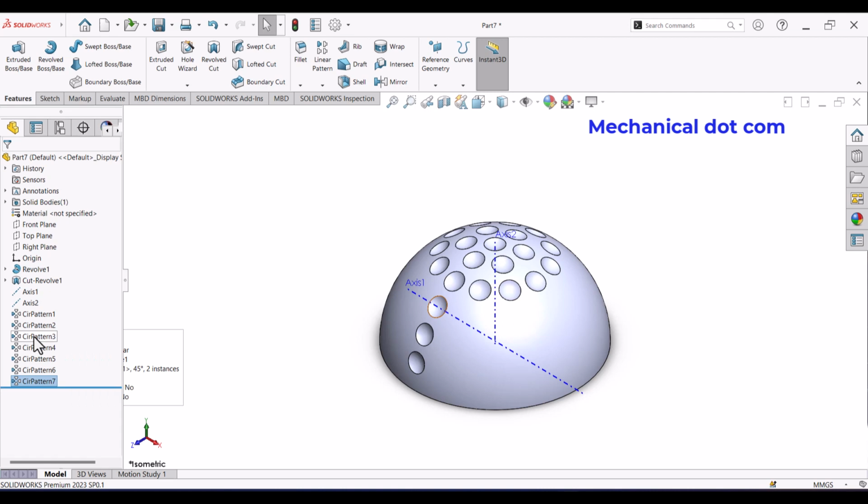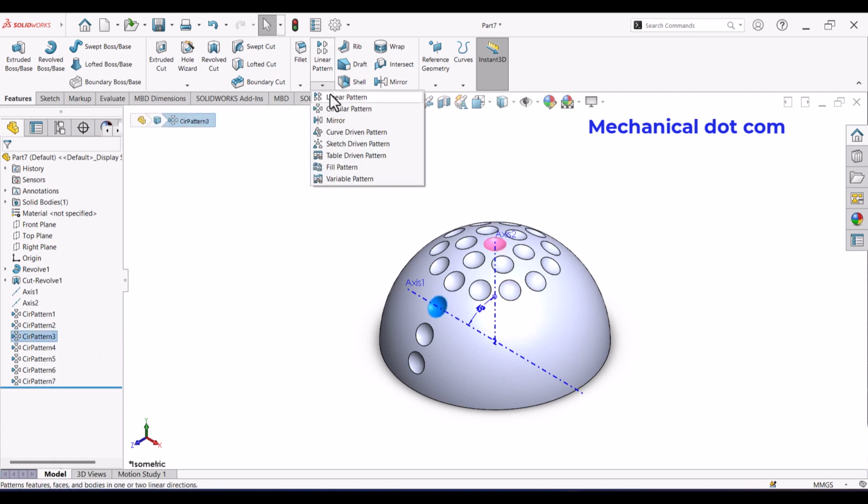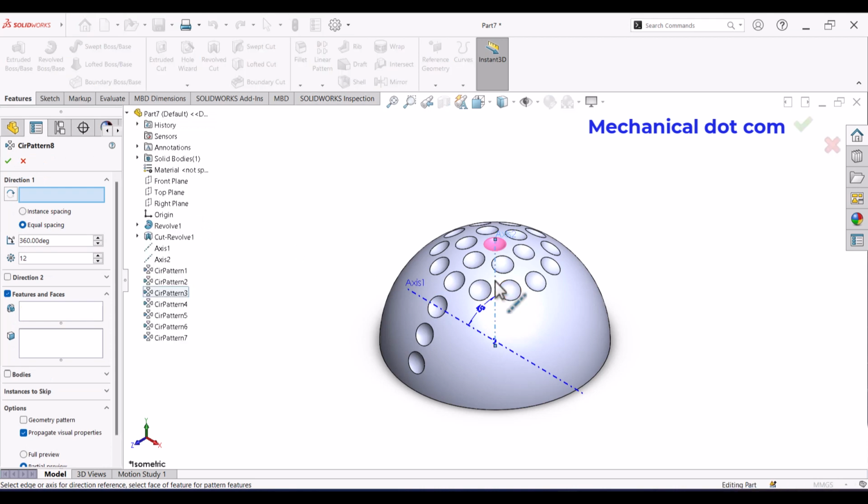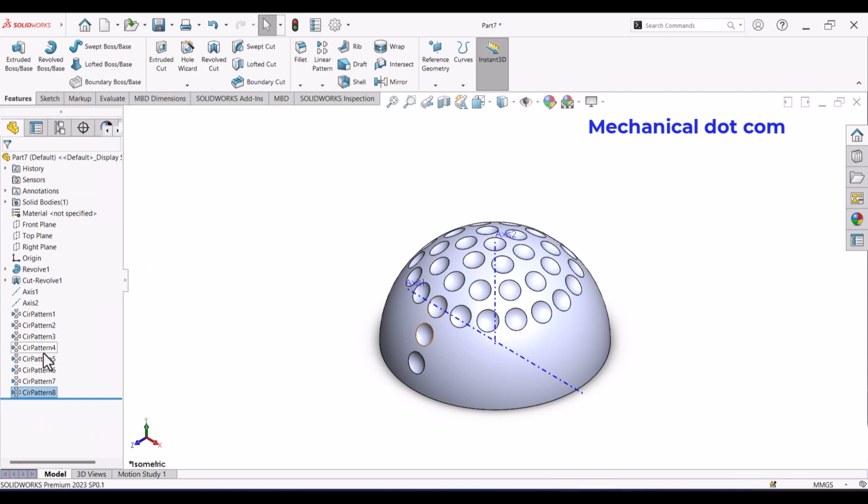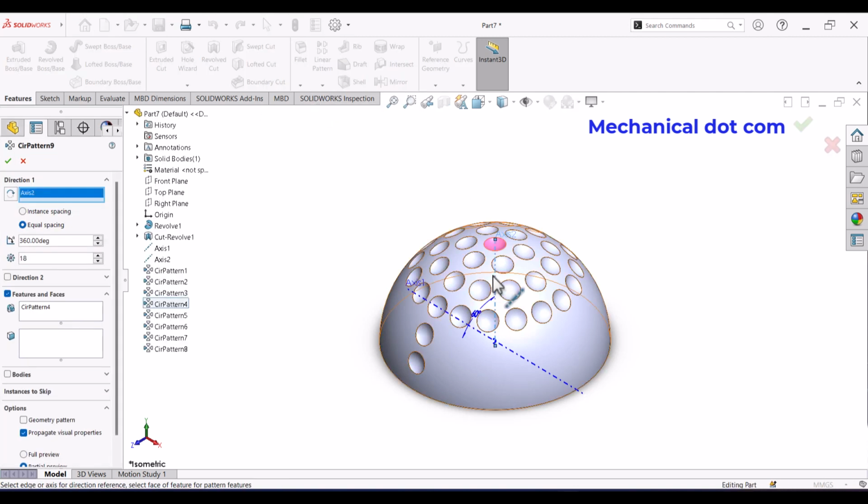Now circular pattern 3. Circular pattern, select the vertical axis, angle is 360 degree, and we want 18 such parts. Press OK. Now circular pattern 4 and circular pattern, choose the vertical axis, angle is same 360 degree, and now we want 21 such patterns. Press OK.